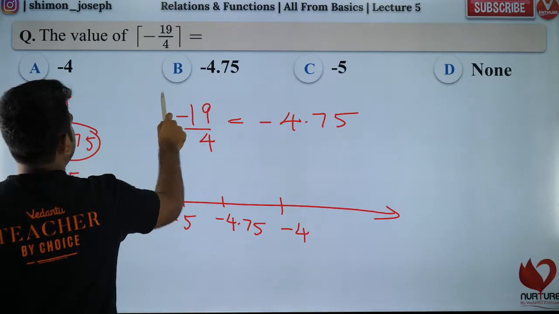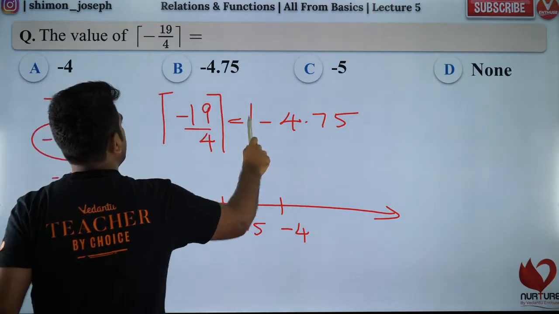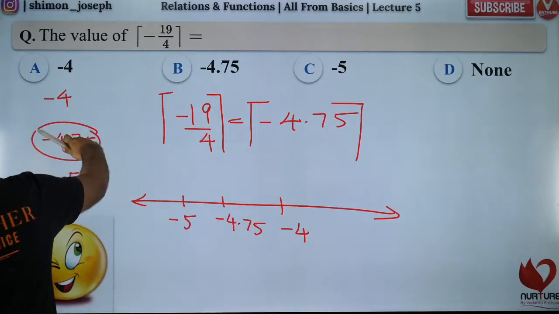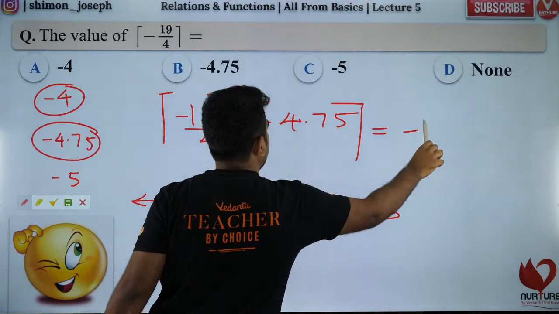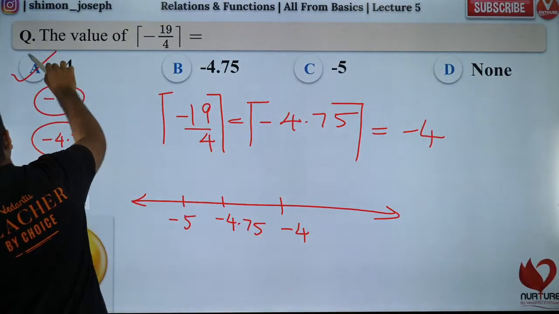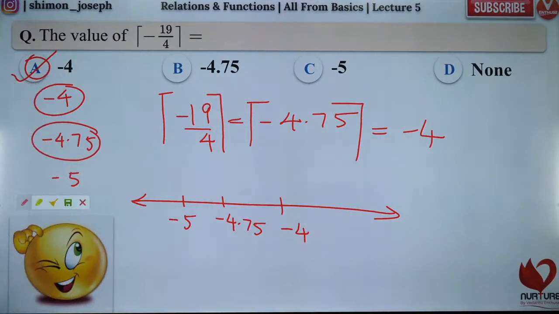So this is our number. I am finding out the ceiling of this, right? Ceiling of this means I should look at the top. So what is at the top? At the top, I have minus 4. So this is the right way to answer. So all those who said A, you guys were